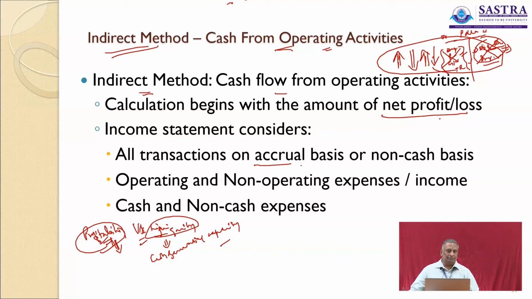So expenses may be claimed on an accrual or non-cash basis in the income statement. We have to reverse it back. Similarly, non-operating expenses may be loss on sale of an asset, loss on sale of investment. All these are losses which are not operating in nature, not connected with your primary source of business. Some of your old asset which has been discarded, now you are selling it and you are incurring some loss out of it and you are claiming it as an expense or as a loss in the income statement. Does not mean it is operating. It is not operating because it's already discarded.